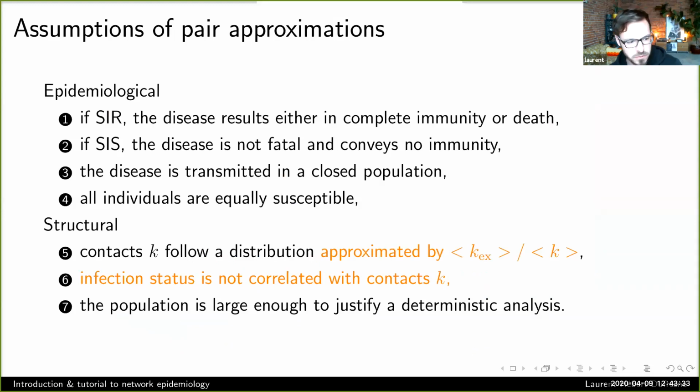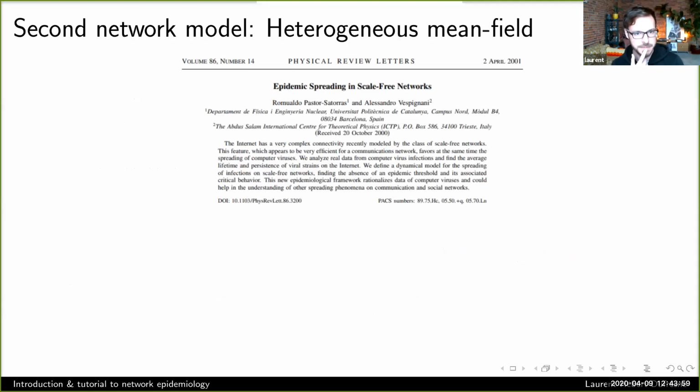So we turned one assumption into two. I said that already. Now we have this contact distribution approximated by some measure of heterogeneity. And then we had this pretty terrible assumption that infection status is not correlated with contacts, right? We know that if I have like 1,000 more contacts than you all, I'm 1,000 times more likely to get sick. That's why we're all at home right now. That's why we're social distancing. So infection status is correlated with number of contacts in real life, and we want to get rid of that.